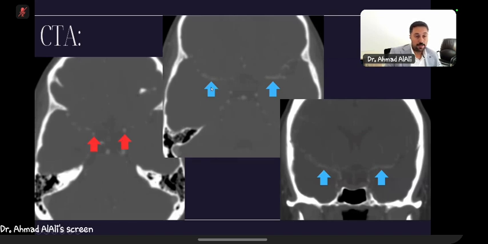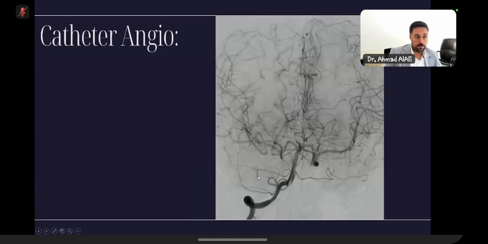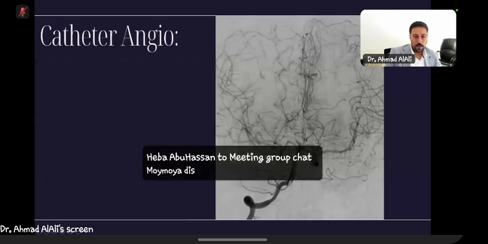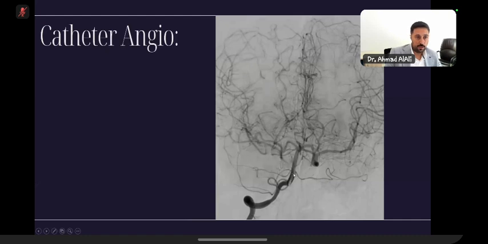And even the middle cerebral arteries bilaterally were also narrow, and you can see that the blue arrows are pointing to them. So there is diffuse narrowing of the intracranial vessels. It can be seen with subarachnoid hemorrhage, but there are other disease pathologies that can cause this. This is one of the images of the catheter angio that confirms the findings. Diffuse narrowing of the intracranial major vessels, internal carotid, and it was even difficult for the neurointerventionalist to catheterize the